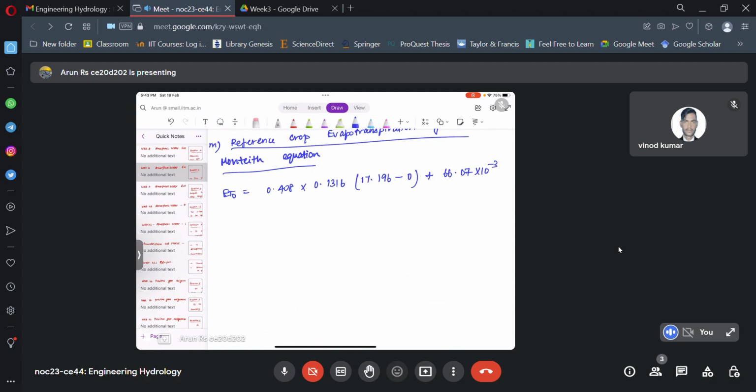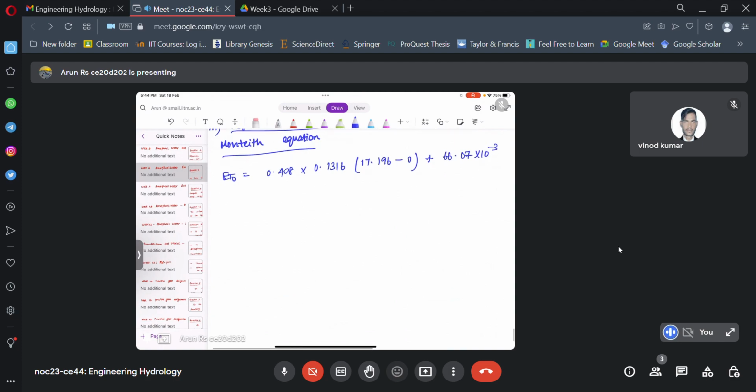This is the psychrometric constant in kilopascals per degree centigrade, multiplied by 900 divided by your mean temperature, that is 18.25 plus 273, we are converting to Kelvin, into your wind velocity in meter per second, 1000 by 3600, again multiplied by ES minus EA, that is your saturation vapor pressure deficit, you can say it as vapor pressure deficit, which we calculated, delta E,